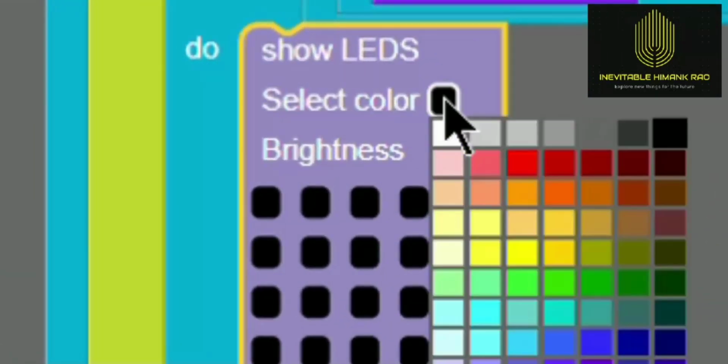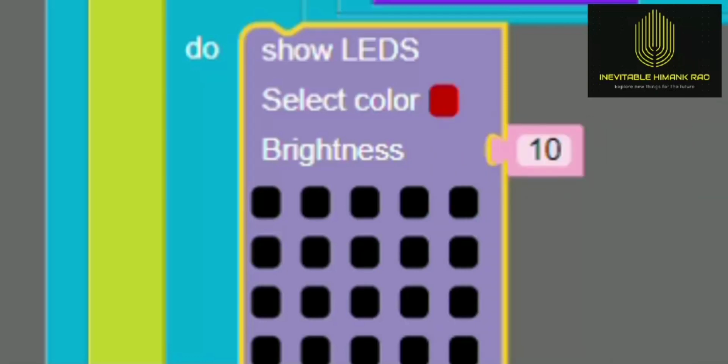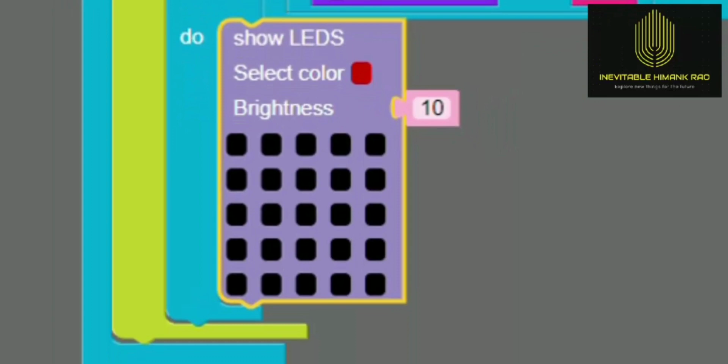Next, click on the block beside select color and select the color red. Now click on the blocks as shown to make their color red.